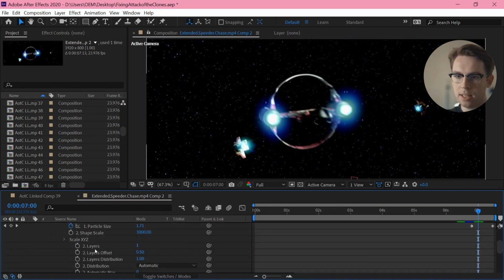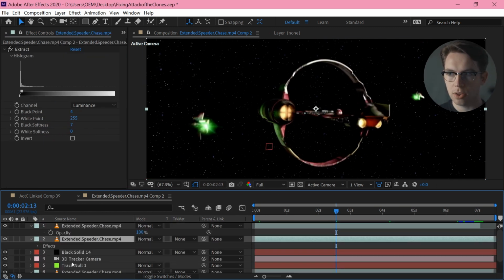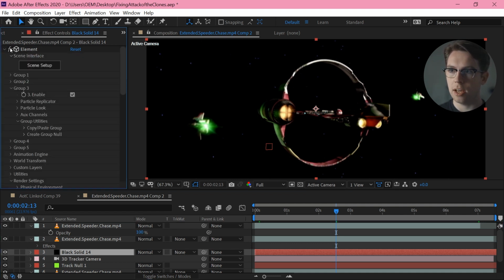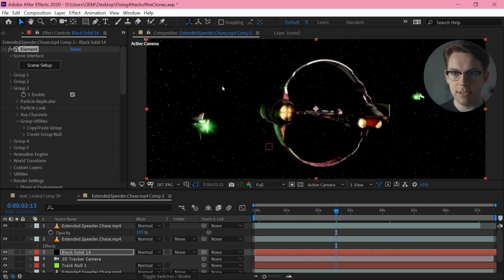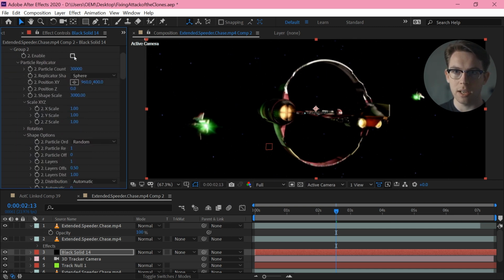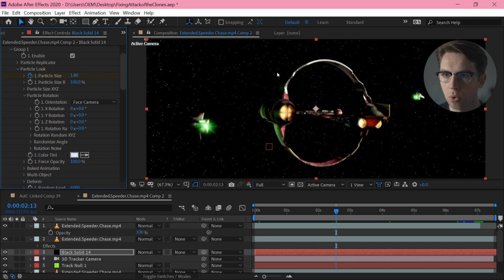So in here, I'm basically doing the same as before, doing a 3D track, which I've incredibly managed to automatically pull off. So I'm doing Element 3D with those 2D planes thrown back in a sphere in 3D space, and there's two groups of them, two layers of like 30,000, 40,000 particles at all random sizes.